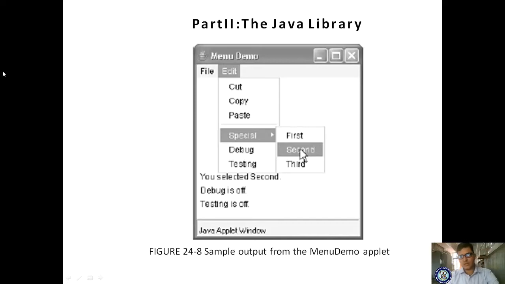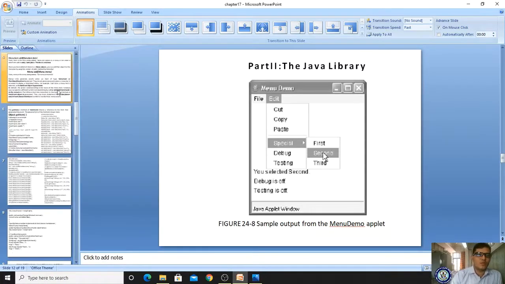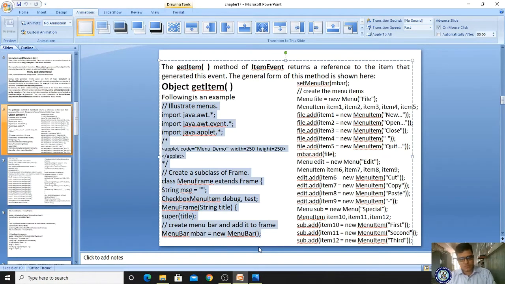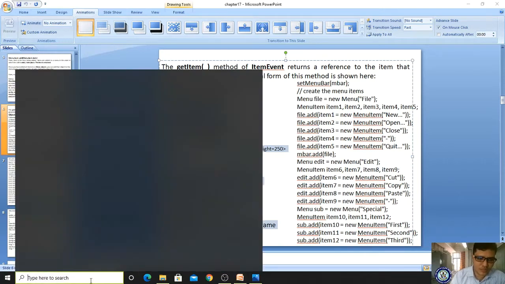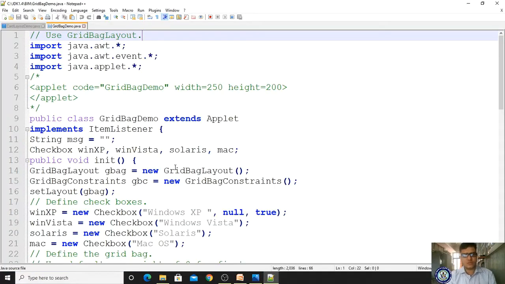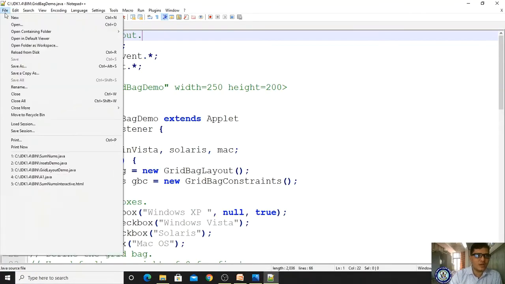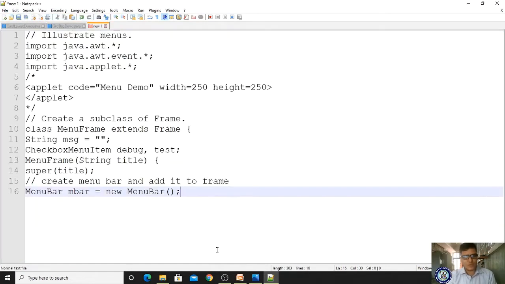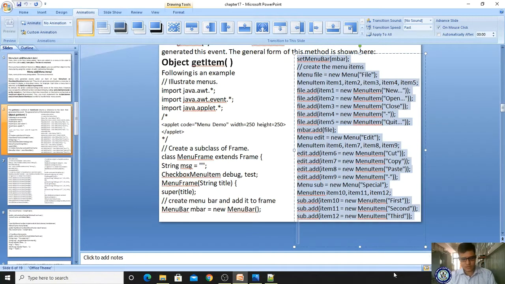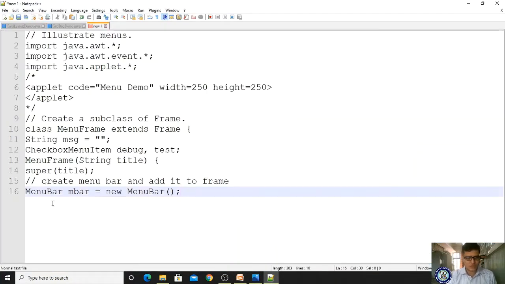So let me run this program. You will come to know how to implement this program. Already this exists in your part C lab program. The third and fourth programs are relevant to the same concept. Let me see that. Okay, in Notepad plus plus, let me take file, new, paste it, and come here, and copy and paste it.